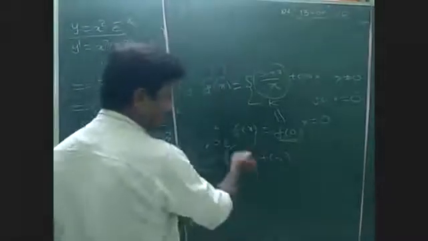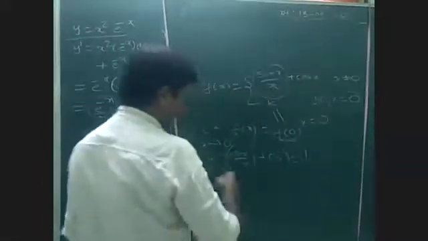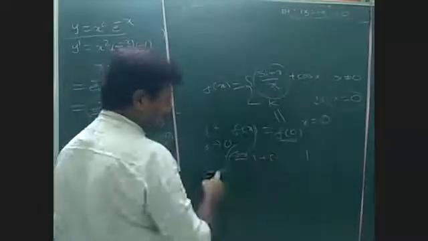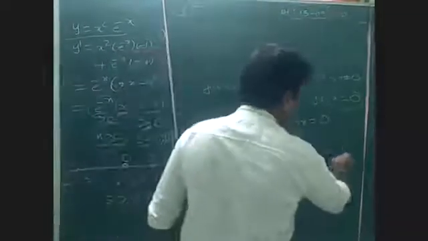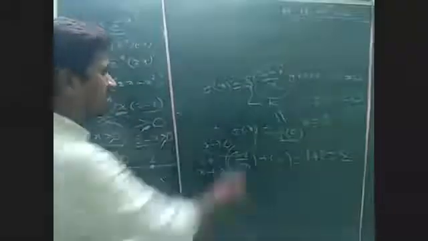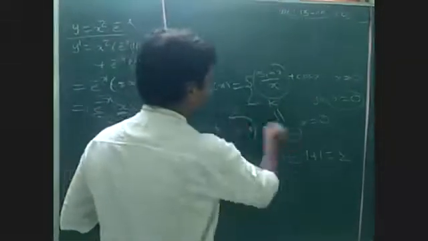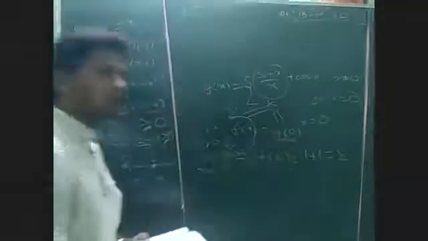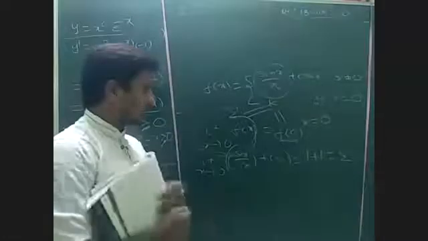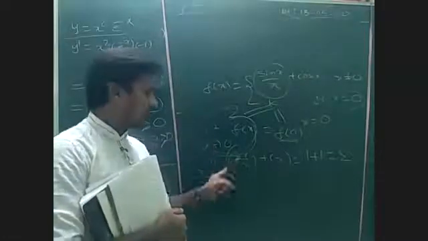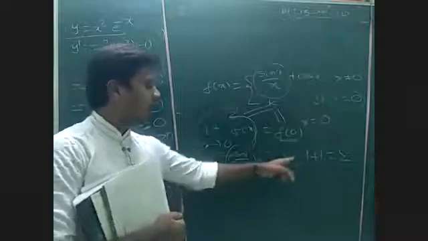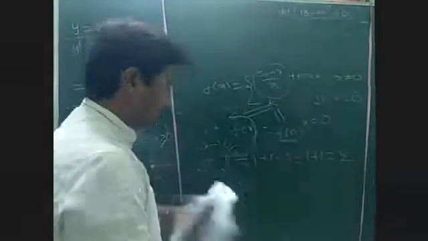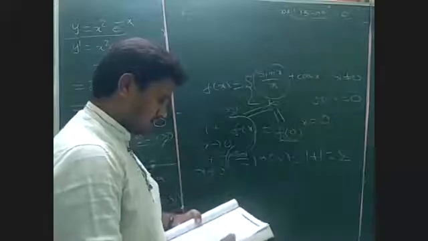Now sin x by x is clearly 1. Now substitute 0 in cos x. What is cos 0? 1. So 1 plus 1, we got 2. This value is clearly k, so k is equal to 2 is the answer. Sin x by x is always 1 and cos 0 is always 1. So the k value is 2. Then I am going to ask one question.